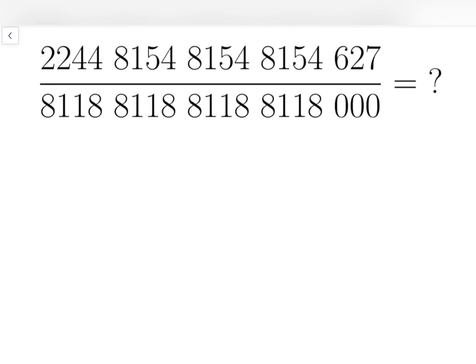The first thing that I'm going to try is to split the numerator into 2 parts so that one of the 2 parts will look similar to the denominator. The denominator consists of 4 copies of identical numbers and then triple zeros. So I want to create something similar at the top. To do this, I have to follow